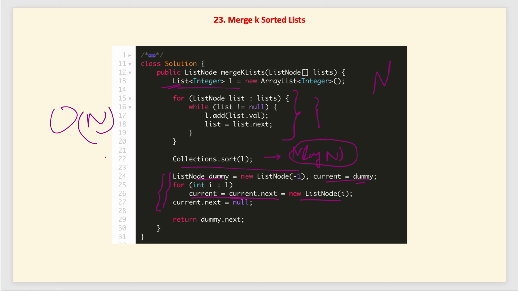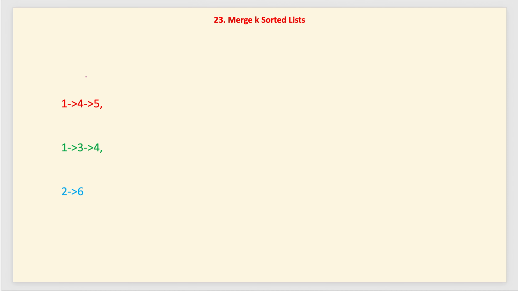As I already mentioned at the start, if you solve merging two sorted lists, we can use that as well to merge k sorted lists. So how can we do that? We will start from the first list and take them one by one and merge each list into it. First we will take these two lists and try to merge them. Once we merge, this will become 1, 1, 3, 4, 4 and 5.